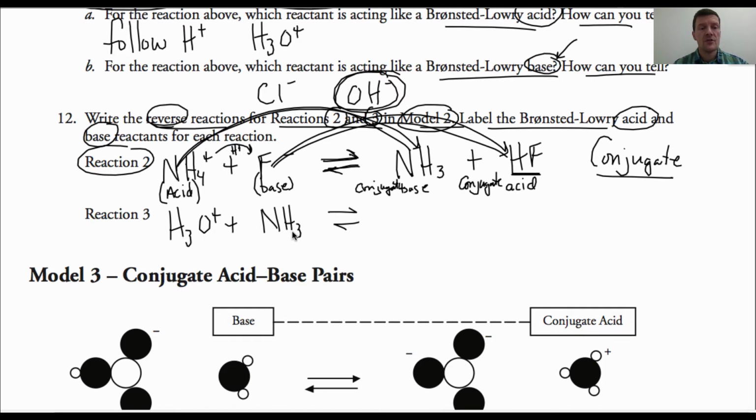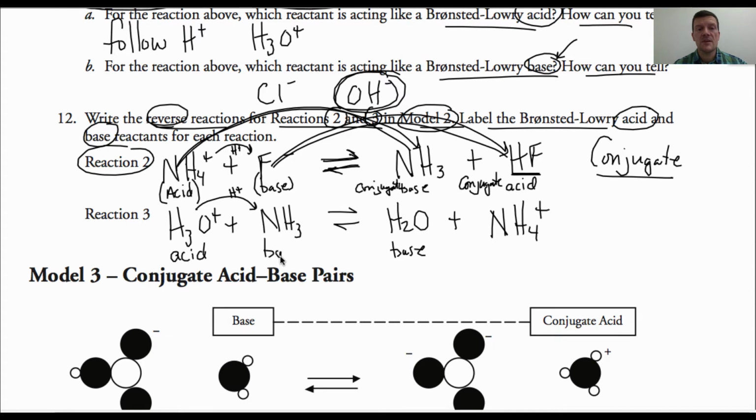Here we have a hydronium and the NH3, the ammonia, and in this case, I know that hydronium is the acid. It's going to donate to the NH3 to form NH4 plus. The hydronium then, if it donates its H plus, is going to turn into just water. And that's what's going to happen there. So in this case, this is your acid. It turns into water, which is going to be your conjugate base, and the NH3 is accepting the H plus,